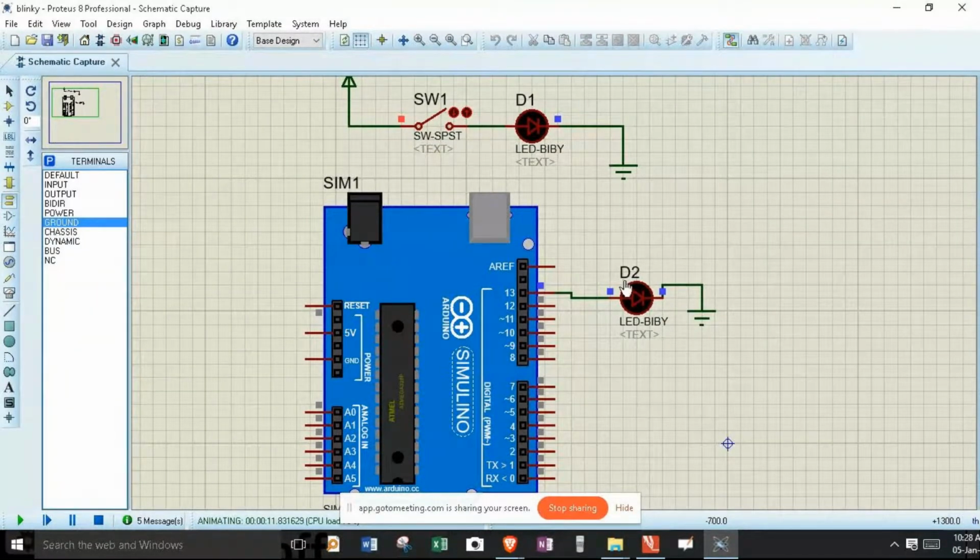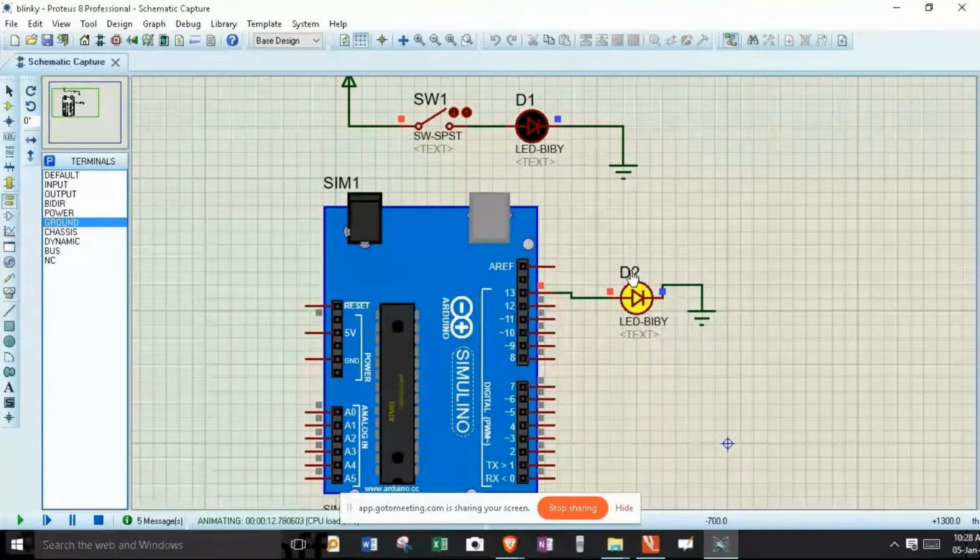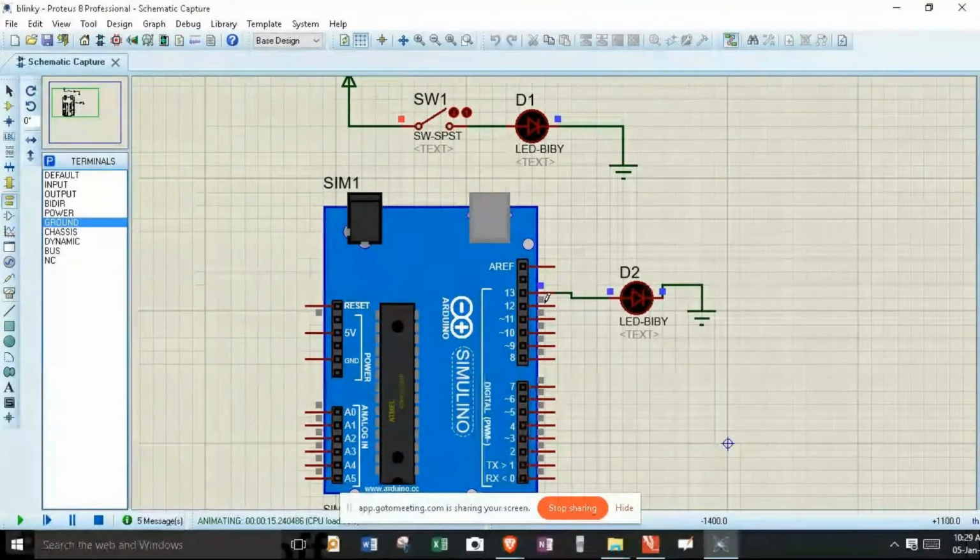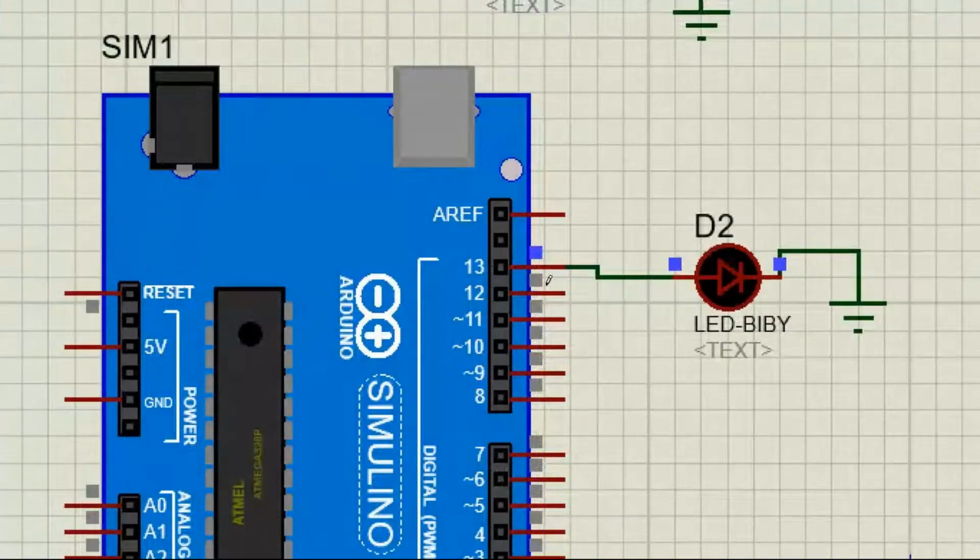You can see that this pin number 13, let me zoom in, is constantly switching between red color and blue color. Red color refers to logic 1, whereas blue color refers to logic 0. When it is red, this forward biases our LED, and in turn we can have emission out of this LED. But when it is equal to 0, there won't be any potential difference across both ends of this LED for current to flow, and it will be in the off state.